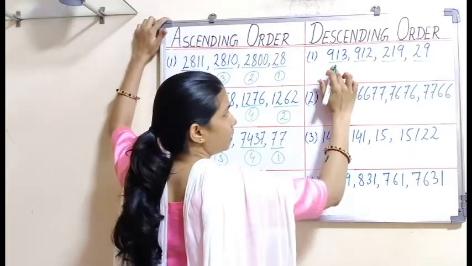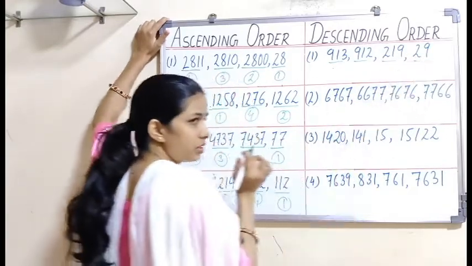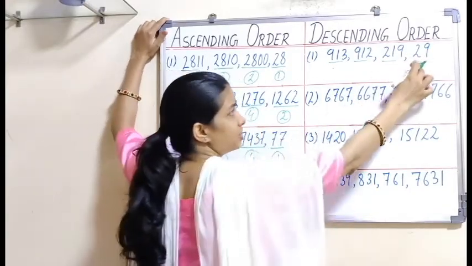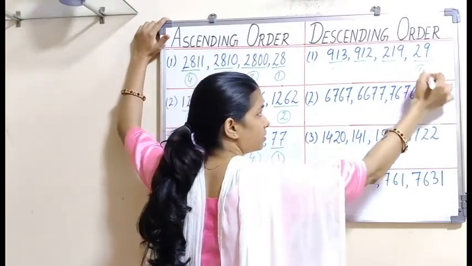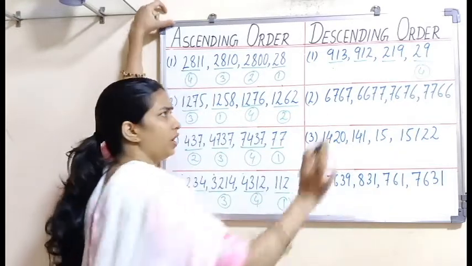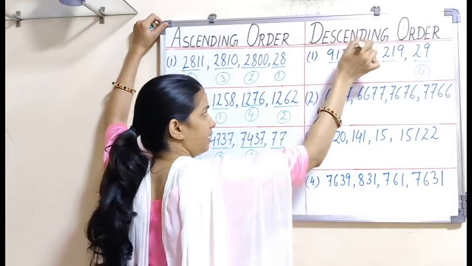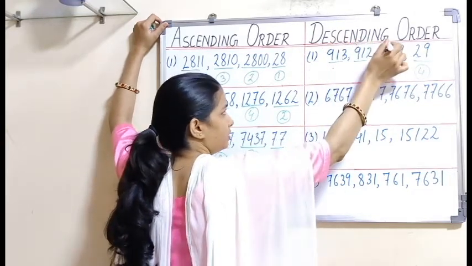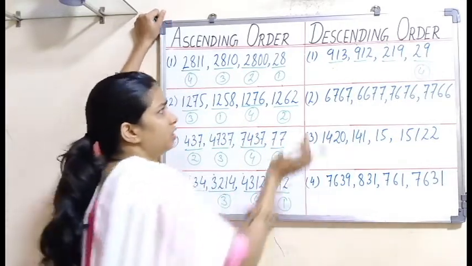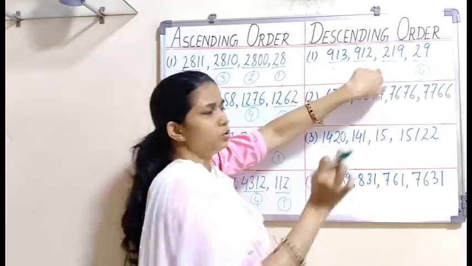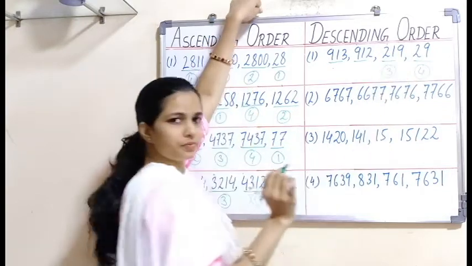One thing you know is that these three are 3-digit numbers and this one is a 2-digit number. So obviously this is the last one in the list. So we have this as number 4. Easy. Now in these three, if we compare, we have this digit as 9, this digit as 9 and this digit as 2. Obviously 9 is greater than 2, so we number this as 3.